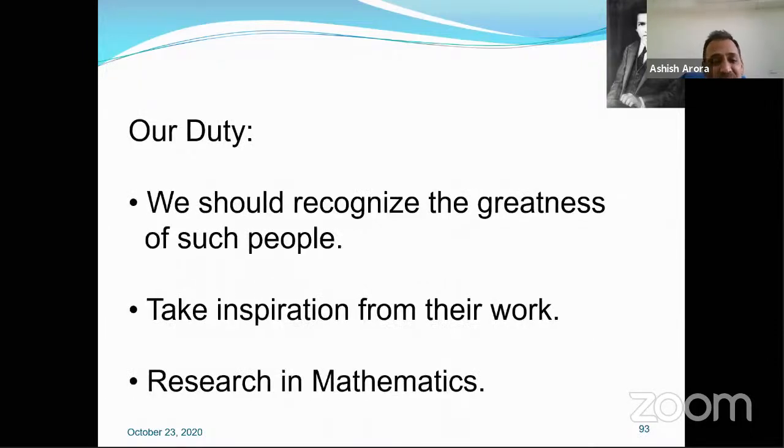Recognize the greatness of such people, take inspiration from them and research in mathematics. So this is our